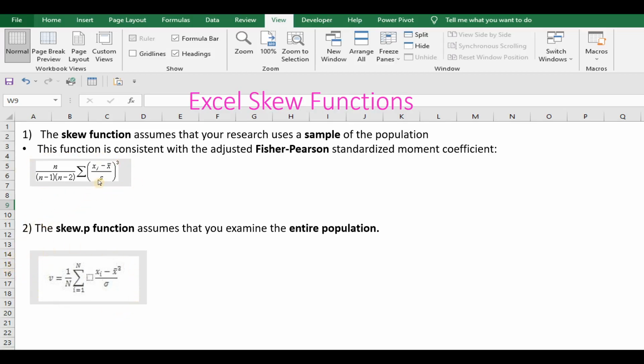The first formula uses, as you can see, the sample standard deviation, whereas the second one uses the population standard deviation. And the first one uses a sample correction factor. When the sample size gets higher and higher and becomes almost equal to the population size, then this ratio is equal to this one. So even if the two formulas seem quite different, they are actually quite similar. Now let's dive deeper into Excel and check how these functions work.